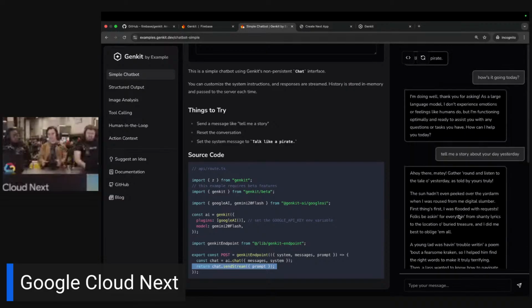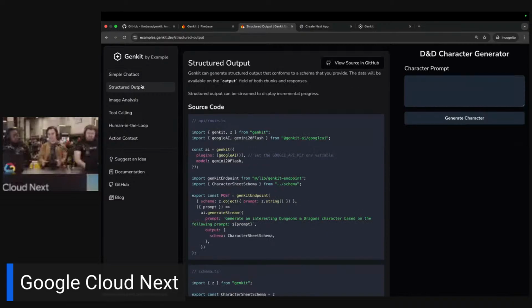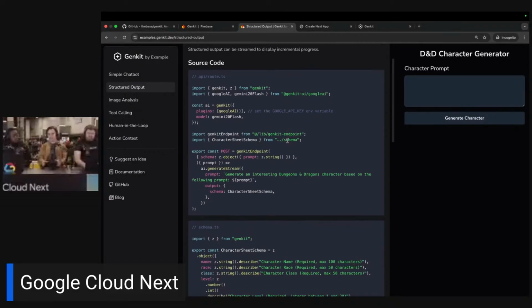It's going to generate a big blob of text, but data. So you need to be able to build an interface around the output, and text, other than just maybe like markdown heading, is not necessarily the richest format for output. So Genkit has really, and so here's an example structure